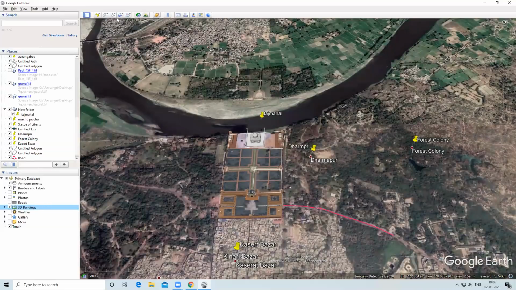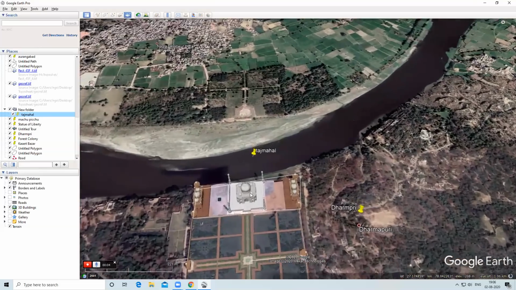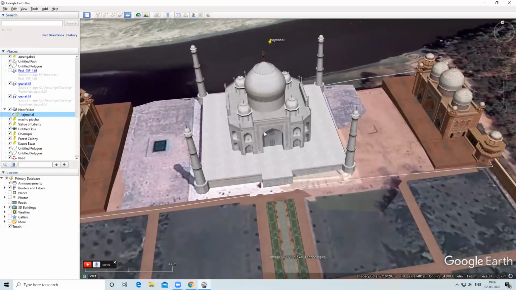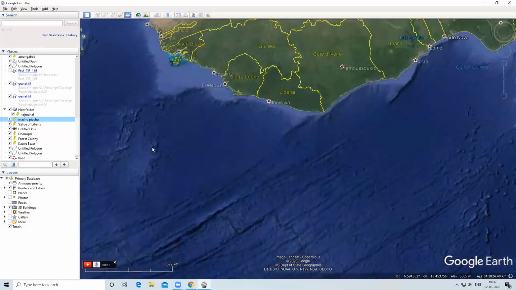Now here are some options. This is record a tour. If you want to record a tour, it's like a movie. When I click here, we can record the tour. Suppose first I will start a recording and I will click on Taj Mahal. So first we visit Taj Mahal, then I want to visit Machu Picchu.